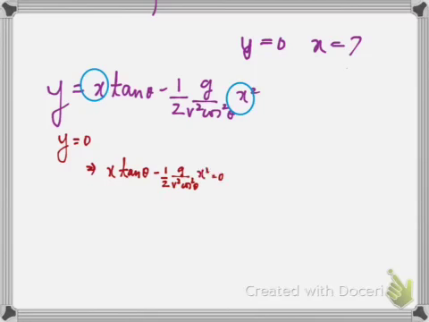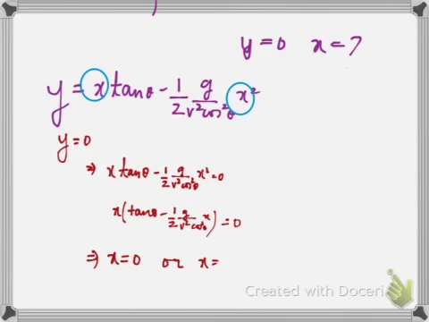From here we'll take x common: x times tan theta minus half g over v square cos square theta into x equals 0. Therefore from there we have two values of x: x equal to 0 or